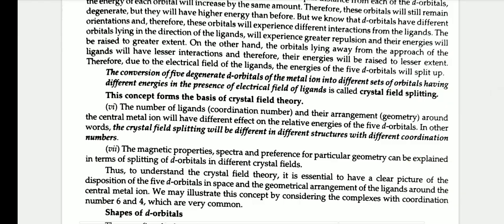The number of ligands, coordination number, and their arrangement geometry around the central metal ion will have different effects on the relative energies of the 5 d orbitals. In other words, the crystal field splitting will be different in different structures with different coordination numbers. The magnetic property, spectra, and preference for particular geometry can be explained in terms of splitting of d orbitals